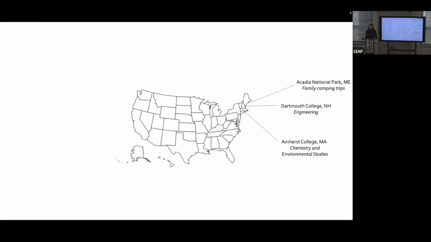I went to undergrad at Amherst College, and had a really hard time picking a major. I knew I wanted to study a STEM field, but really had a hard time deciding which one. I dabbled in engineering for a little bit at Dartmouth College, but eventually was drawn to oceanography because it brings together all of the scientific disciplines. You really have to know a little bit of the chemistry and the physics and the biology to even begin to grasp the Earth system as a whole. So I pursued a PhD in oceanography at the University of Washington.